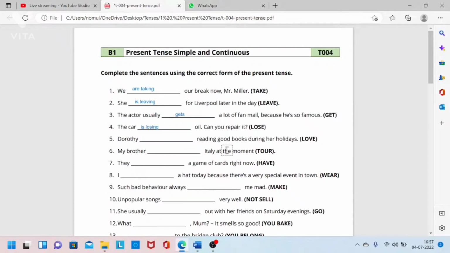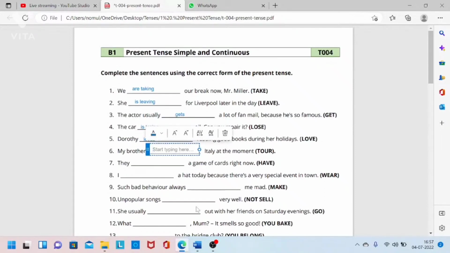Dorothy dash reading good books during her holiday. So what we have to write here? Yes, using es or s we have to complete the sentence now. What it is? Yes, that is loves. Okay, using es or s for the simple present tense formation we can write like this, right? For simple, Dottie loves reading good books during her holidays. Okay, using es or s we have to complete, right? So I have used s here. Next,